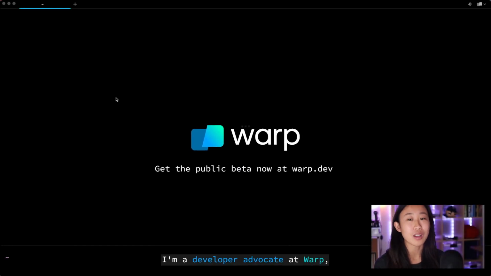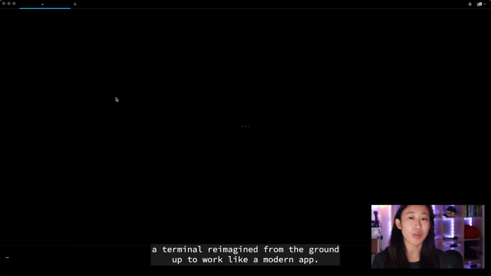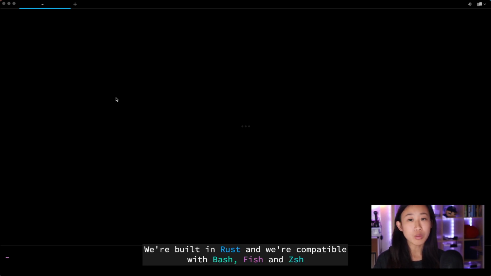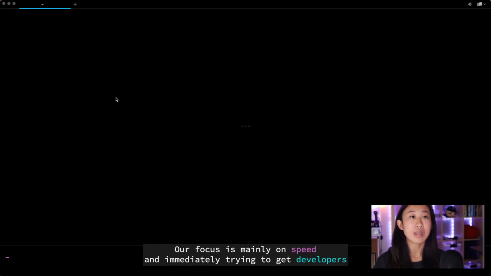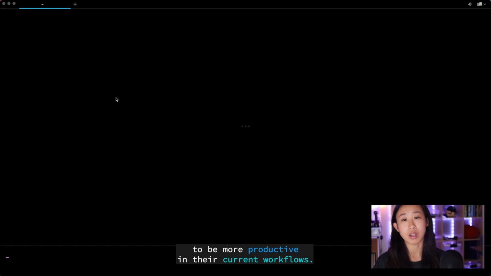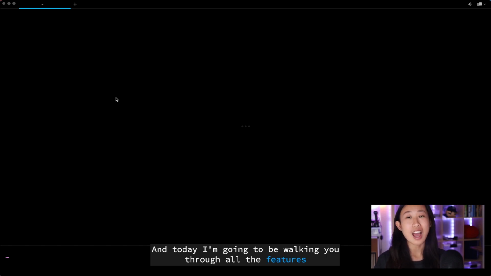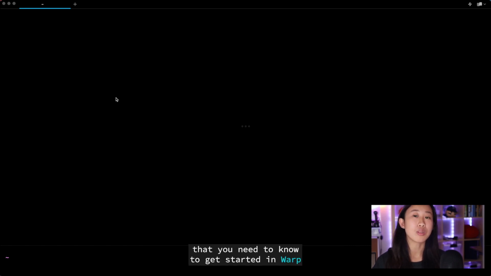I'm a developer advocate at Warp, a terminal reimagined from the ground up to work like a modern app. We're built in Rust and we're compatible with Bash, Fish, and ZSH without any configuration. Our focus is mainly on speed and immediately trying to get developers to be more productive in their current workflows. And today I'm going to be walking you through all the features that you need to know to get started